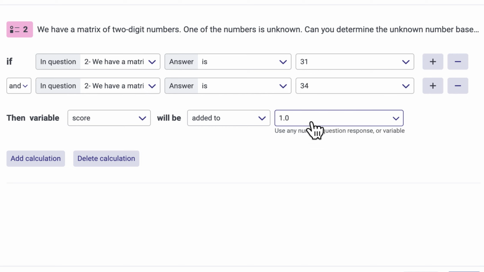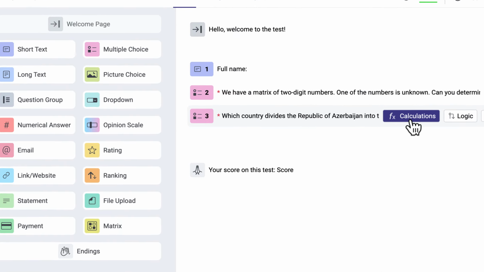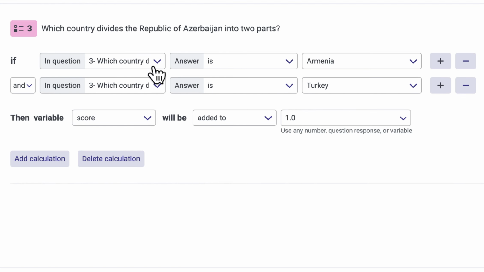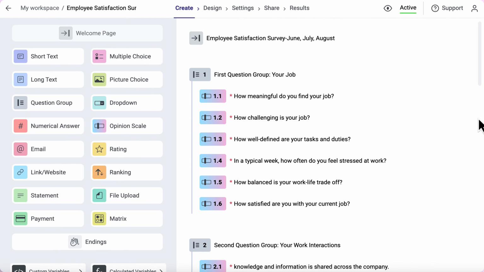To award points for selecting either of 2 correct answers, use the OR condition. To require both answers for full credit, use the AND condition. For numeric answers, like scale or rating questions, you can define calculations based on the selected number. For example, in a job satisfaction survey, the total score reflects the sum of all ratings across different questions, indicating